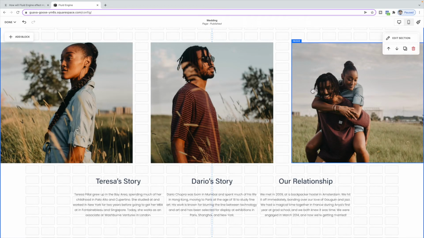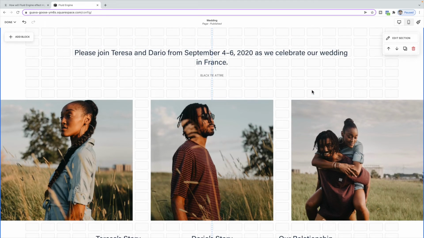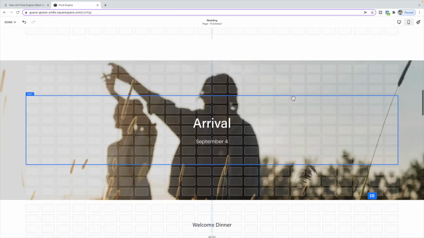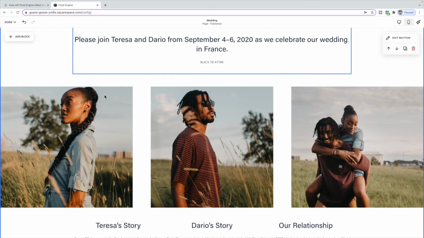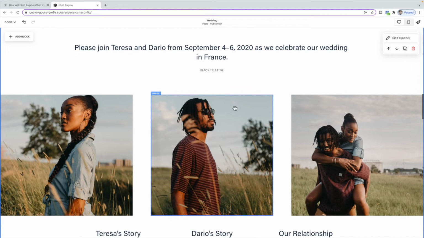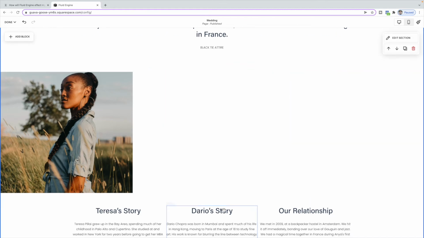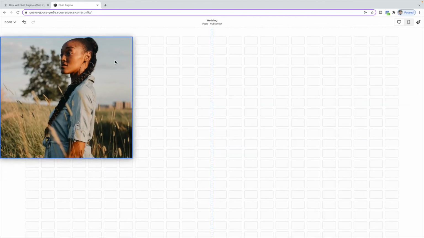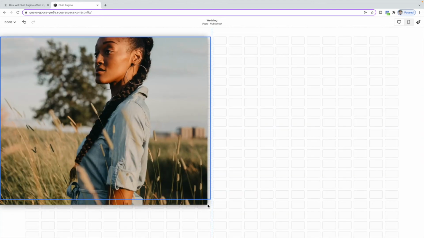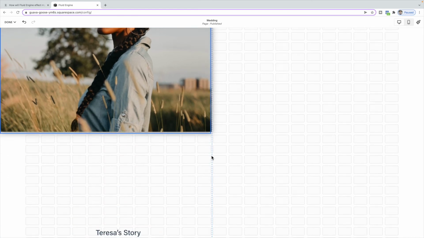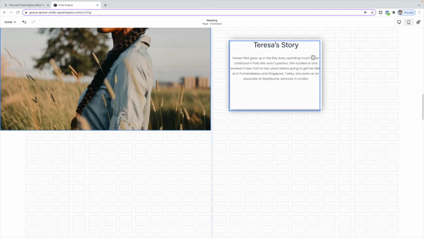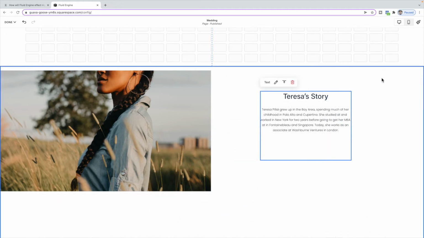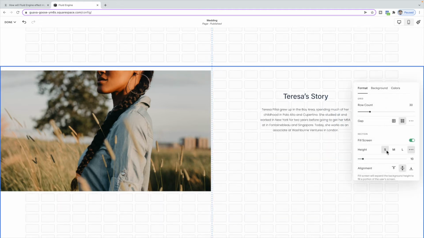And finally, following this same effect, you can now create split sections without using code. So split sections is where you have half the section an image and the other half content. So for instance, you can take an image and have it fill up half of the screen, have content on the other, and then you would have the section go to